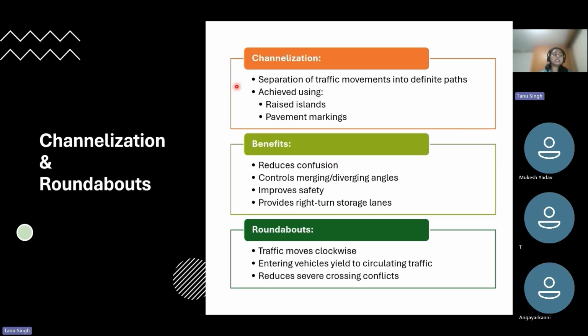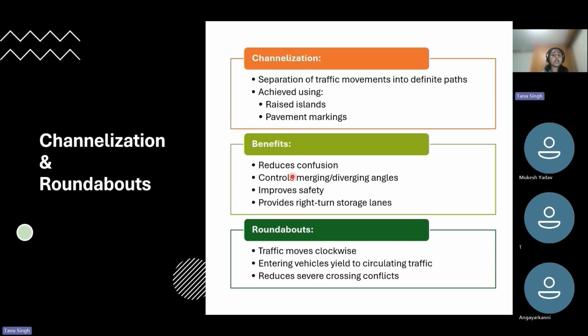Even under the semi-control, safety can further be improved, as mentioned, through channelization or using roundabouts. Channelization means separating traffic movements into a definite path using traffic islands or pavement marking. If an intersection area is wide or open, drivers may choose different paths for the same maneuver. This creates confusion and increases the chance of conflicts. By using channelization, we guide the vehicles into specific trajectories. So this reduces the confusion,